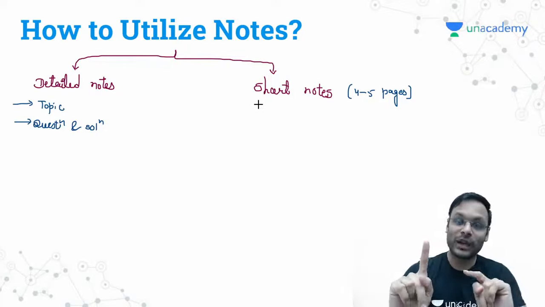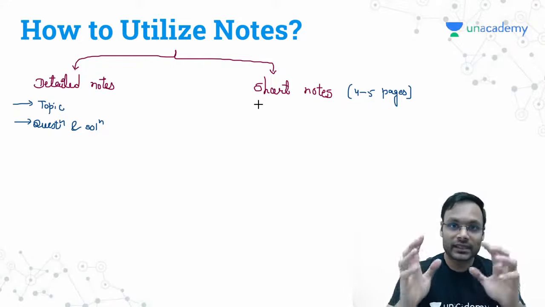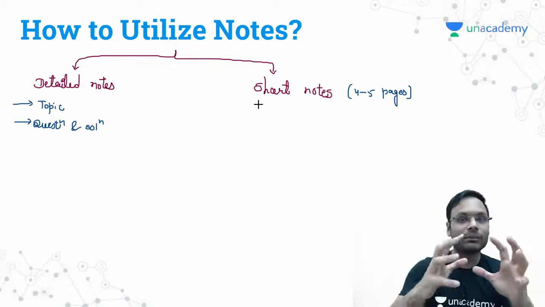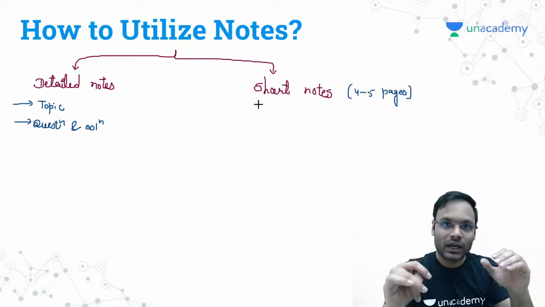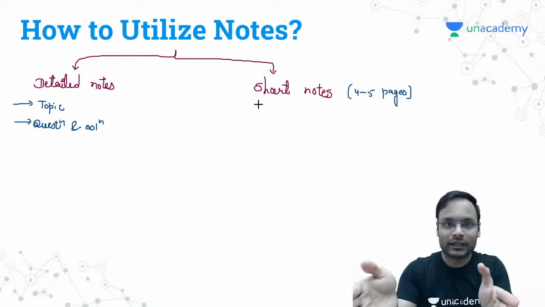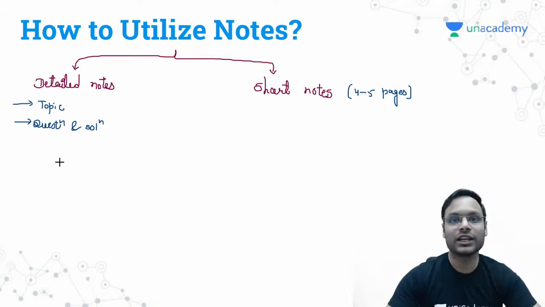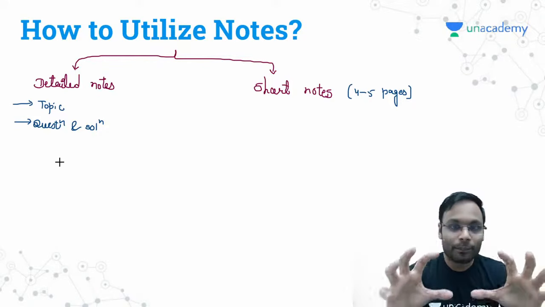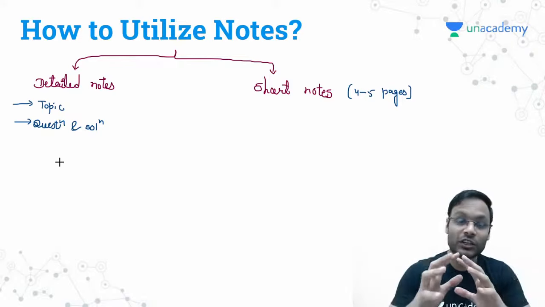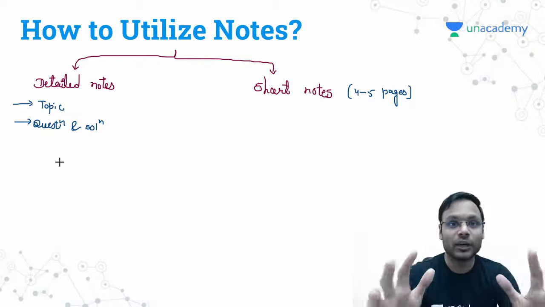These short notes we will have to revise in the last 15 days. See, if I explain the concept of cache memory or some subject concept, you can remember it for a longer time. Hidden concepts, of course, you cannot. That's why we are making the notes and revising 2-3 times. But short notes are those things which you forget very easily and very quickly.